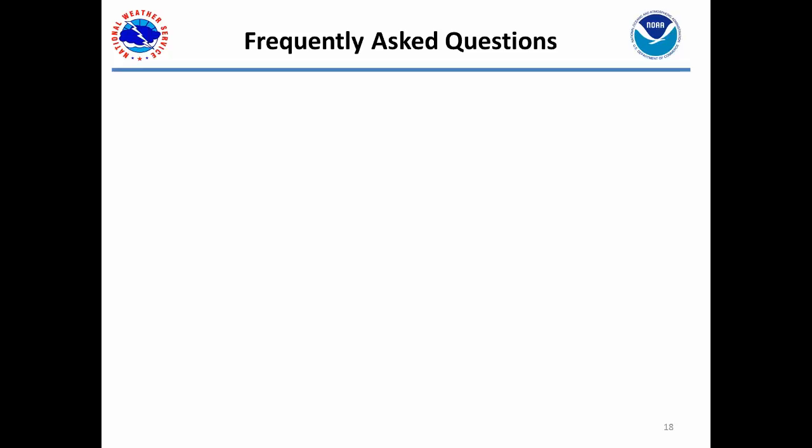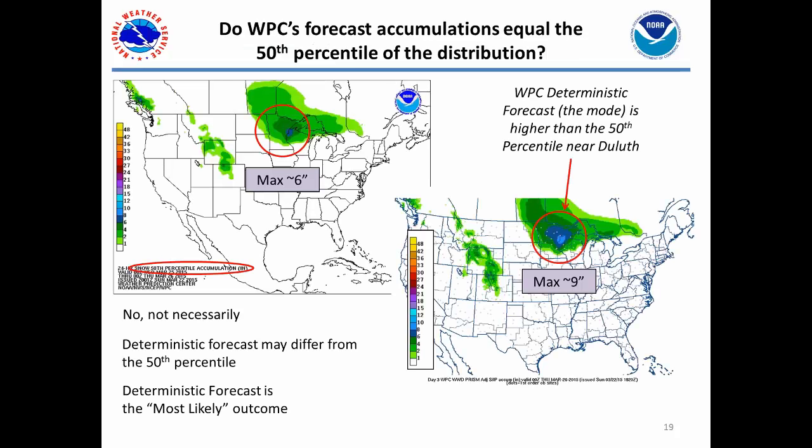I'd now like to touch on just a few frequently asked questions. First off, a very common question is, do WPC's forecast accumulations equal the 50th percentile of the distribution? The answer here is no, not necessarily. Recall that we set the mode of the distribution equal to the WPC forecast, but we do allow the distribution to be skewed either to the left or to the right, so that the mode does not necessarily have to